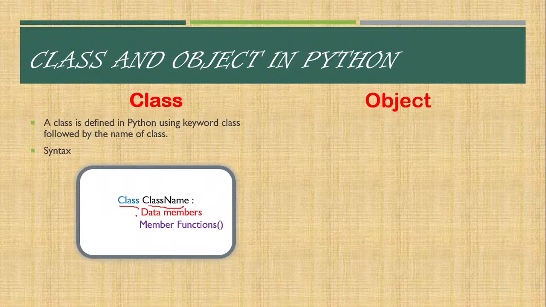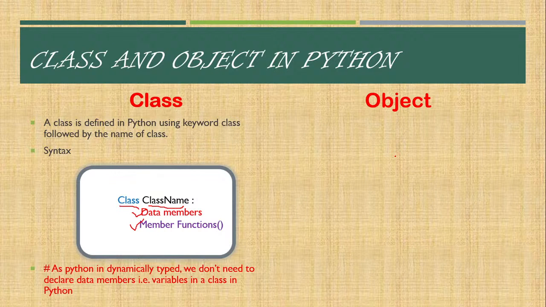So those features will be the variables or the data members which will be there, and it would also have some functionality. That functionality will be there in the form of some functions, or we can say there will be some methods. Okay, so as Python is dynamically typed,